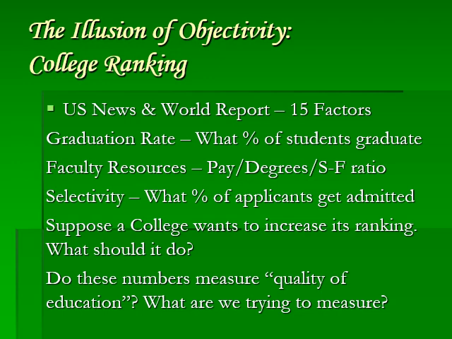Now suppose that these are the only three, and suppose that I'm running a college and I want to increase my ranking. What should I do? Well, I should graduate more students. So if I was graduating 90% and 10% were failing, I should take all those failures and just give them a degree. Faculty resources, student faculty ratio, well, I can improve that by decreasing the number of students. And also this goes with selectivity. Suppose I have 100 applicants and I just admit 50 of them instead of 80 as I used to.